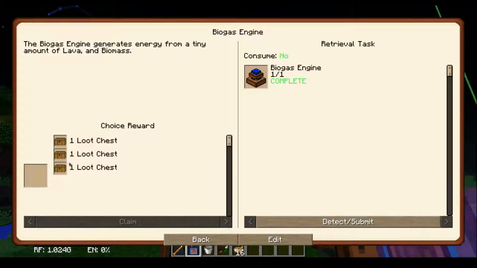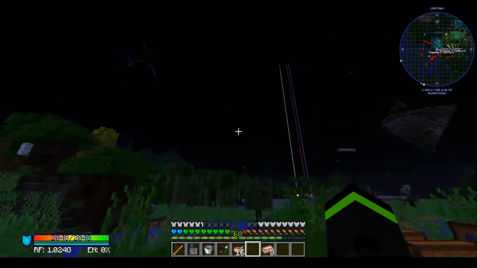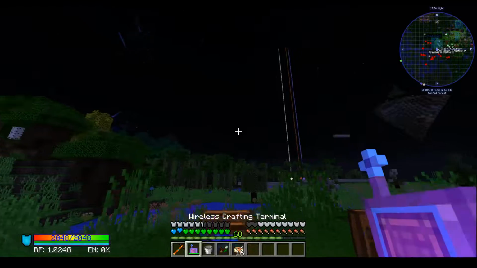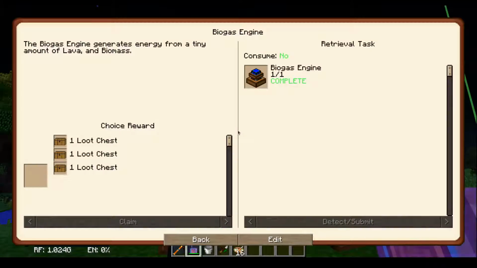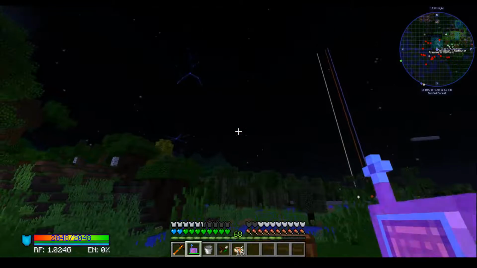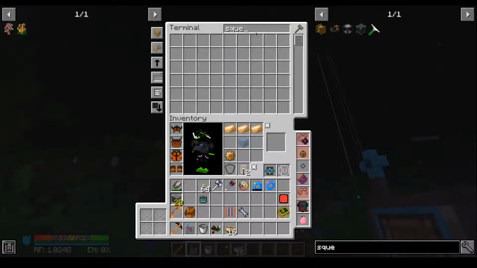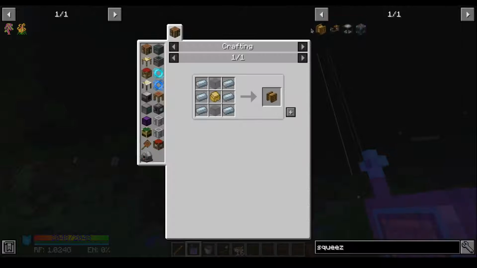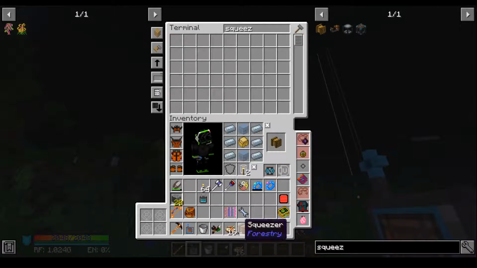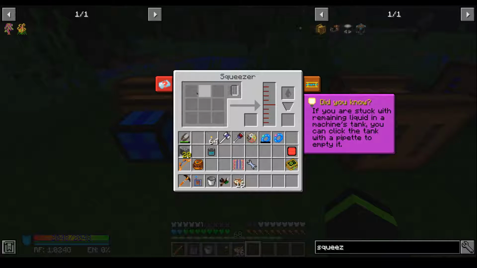So that gives us this. It is worthwhile to go through and investigate which ones are going to be the best for you, because typically, what I've found is that different things produce different amounts of stuff. Squeezer. All right. So what the squeezer does is you